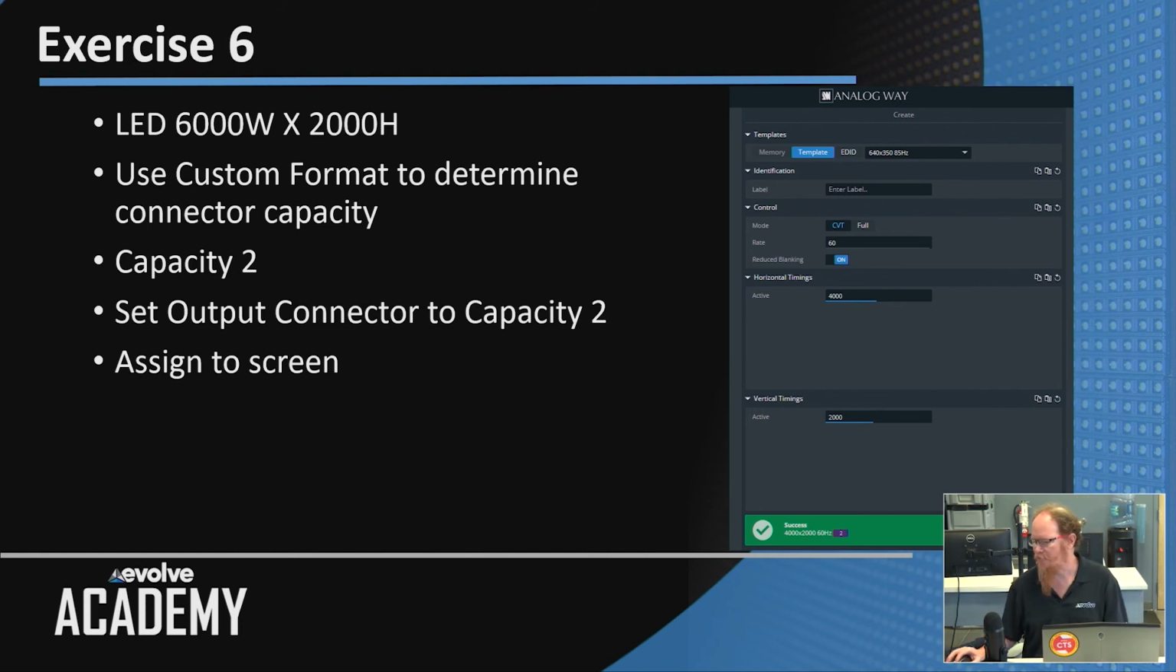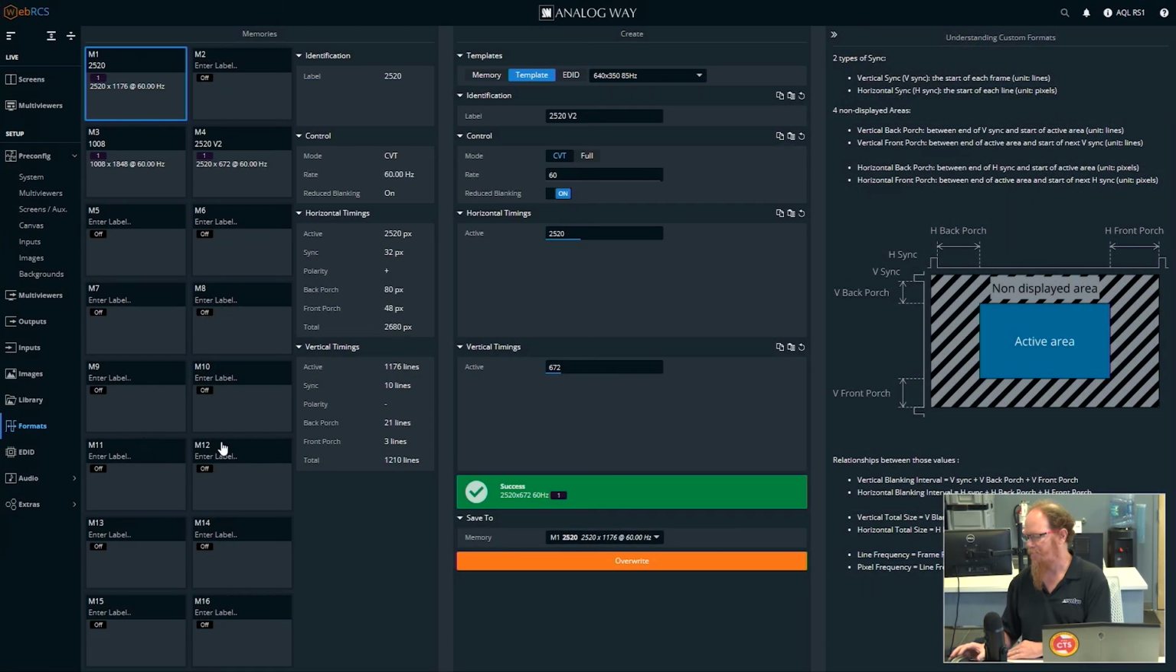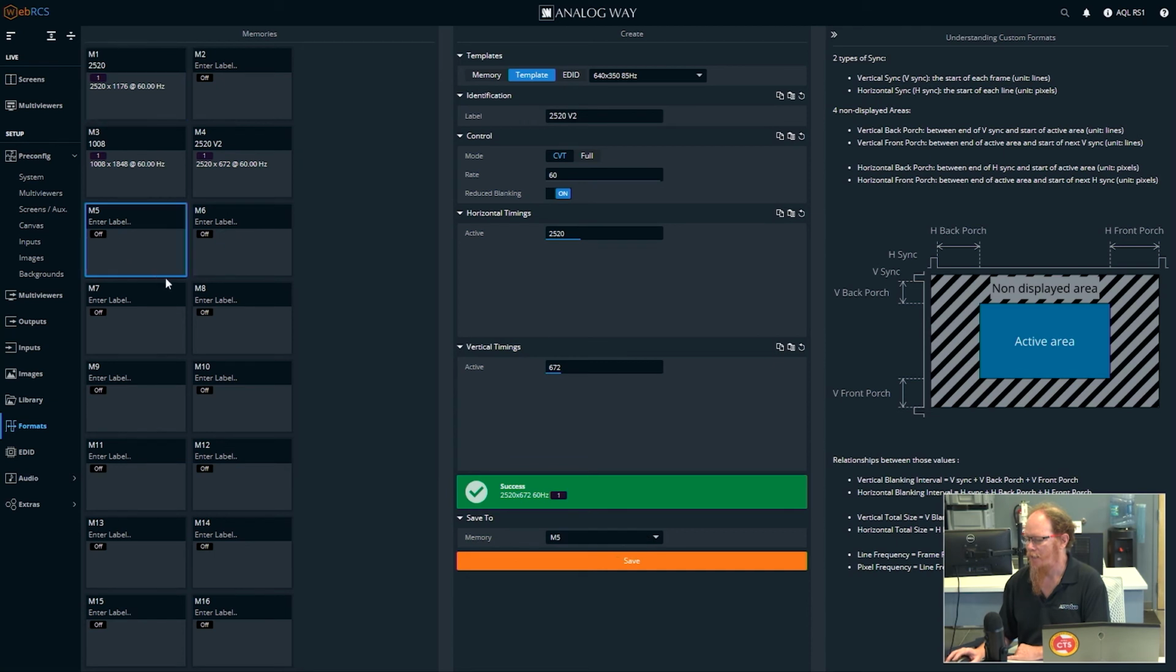So back to custom formats over here in the simulator. And I'll just pick another empty block. 6000 by 2000. Most people would say, oh, you need 2 4K outputs for that. Well, let's see what we do need. So I'm going to just call this 6000, tab CVT, because I just want to do it quick, 60 hertz, reduce blanking on,